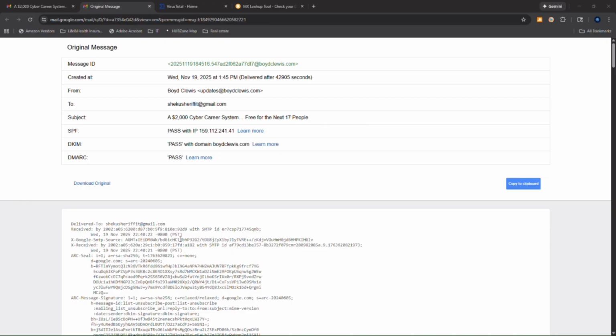ARC stands for Authenticated Received Chain. It's a chain of trust. It helps Gmail verify whether the email passed authentication checks as it moved through different mail servers. If ARC is present, it usually means the email was forwarded at some point, and Gmail wants to ensure it's legitimate. And then here you have the i=1, a=rsa-